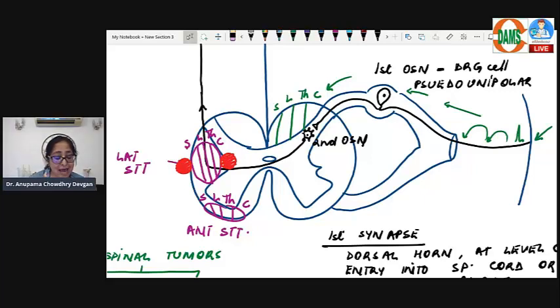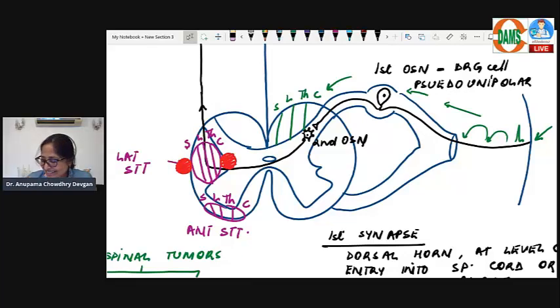ये किसने बोला इसमें से अपर मोटर न्यूरॉन और लोअर मोटर न्यूरॉन बोल दो, ये क्या बात कर रहे हैं, ये मोटर न्यूरॉन्स हैं क्या? These are sensory neurons we are talking about. Sensory pathways. यहाँ पे मोटर न्यूरॉन कहाँ से आएगा? क्या कर रहे हो? असेंडिंग ट्रैक्ट्स हैं, असेंडिंग ट्रैक्ट सेंसरी हैं, मोटर न्यूरॉन्स डिसेंडिंग होते हैं, ऊपर से नीचे आते हैं, कॉर्टेक्स से स्पाइनल कॉर्ड में जाते हैं, सेंसरी ट्रैक्ट स्पाइनल कॉर्ड से कॉर्टेक्स में जाते हैं।